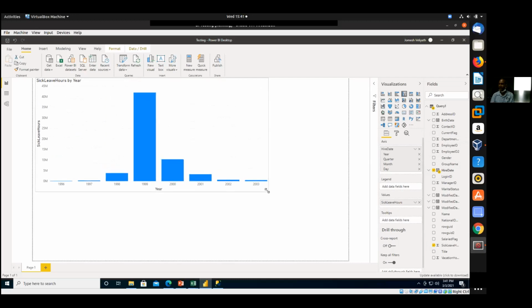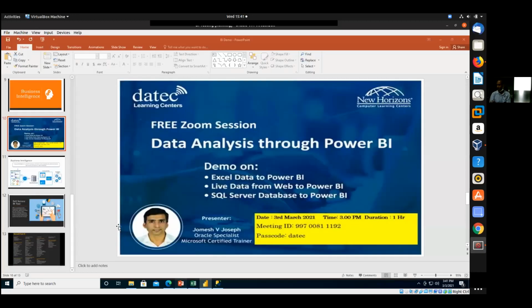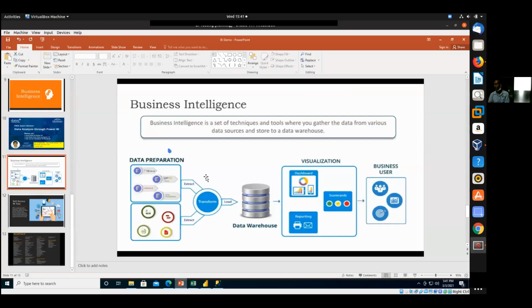I can see a small chart. I can see that in a certain year, there's a sick leave where more happen there compared to other things. The point is, it happens in a very fast manner. So you can see how good the Microsoft BI comes to play, where it can be any